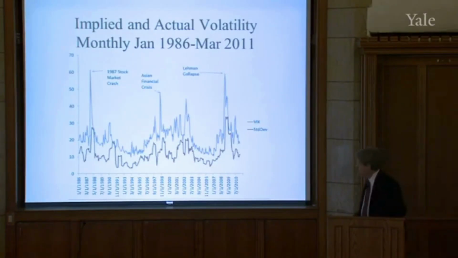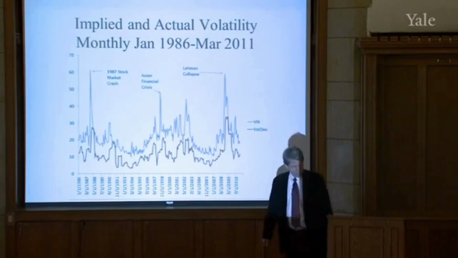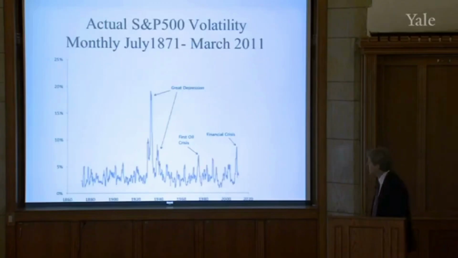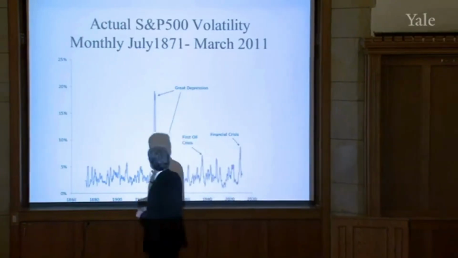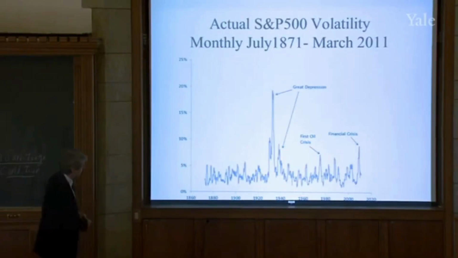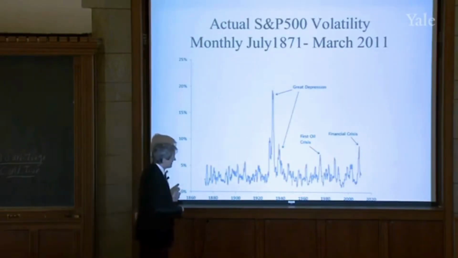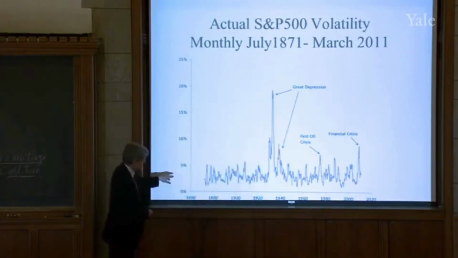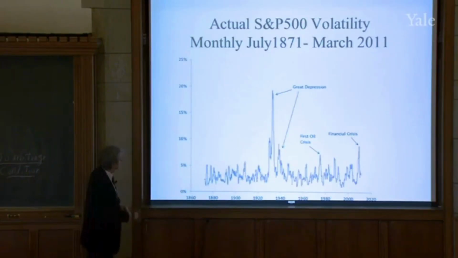Now, I wanted to show the same chart going back even further, but I can't do it with options prices, because I can show volatility earlier, but I can't show implied volatility before around 1986 because the options markets weren't developed yet. But I computed an actual S&P composite volatility. Well, in my chart title, I said S&P 500. The Standard & Poor's 500 stock price index technically starts in 1957, but I've got what they call the Standard & Poor's composite back to